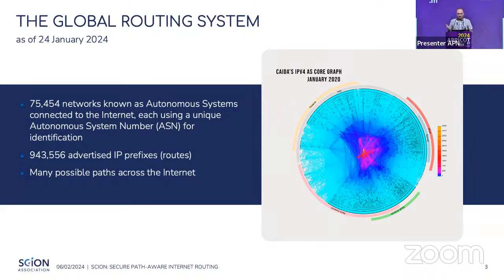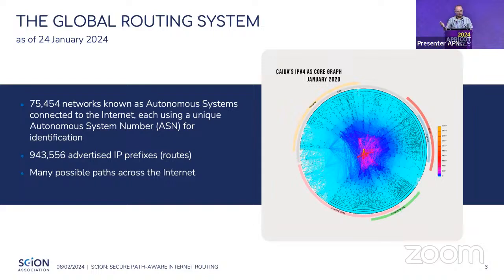I'm showing this famous, or maybe infamous, attempted mapping of the internet from CAIDA in the US, really trying to show you all of the interconnected networks that form the internet. It's pretty much a spaghetti spider's web. You can't discern a lot of detail from this, but I'm showing it to illustrate how many different possible paths there are across the internet.